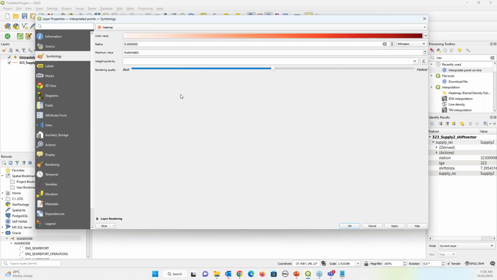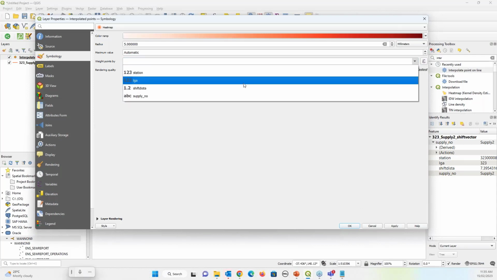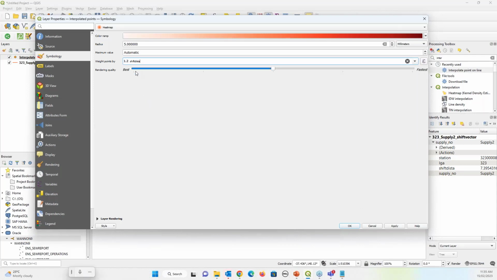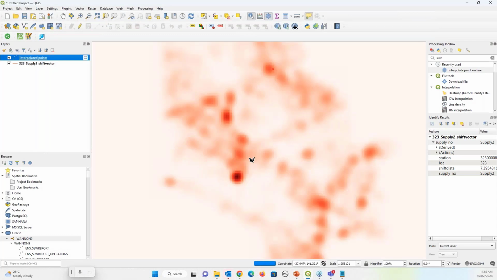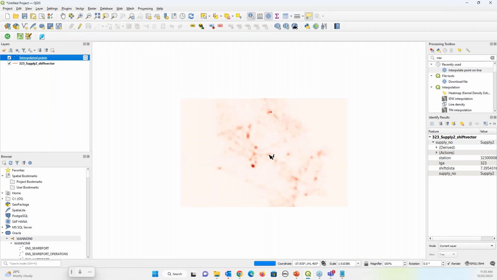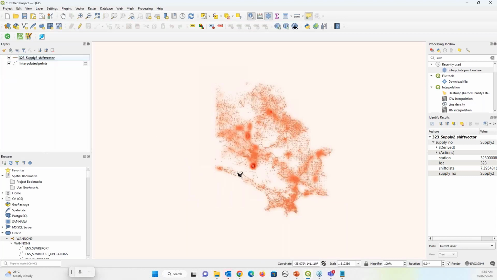And use that as 5 mil, and the weighting is going to be the shift distance that we have, so the length that was saved in that shift vector. So this will take a bit, and so there is our heat map. I'll just drag the heat map below the points. All right, so now what we can see here is